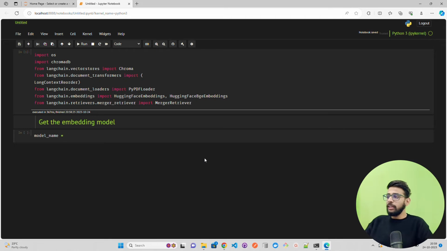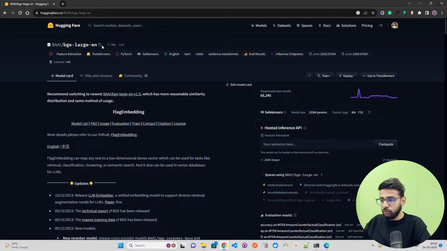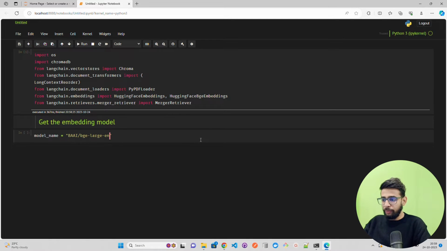Now, model name, let's copy that from there. I'll just copy this here. Copied, and I'm just going to paste it. This is the model name. Now, let's define some model kwargs here. So model kwargs, and I'm going to use CPU here. If you have a GPU machine, feel free to use CUDA here. Now device